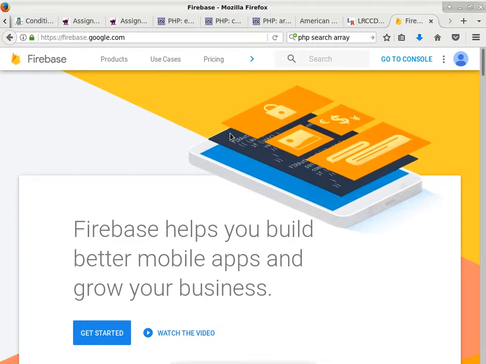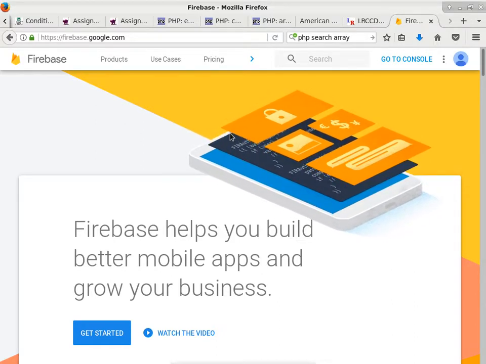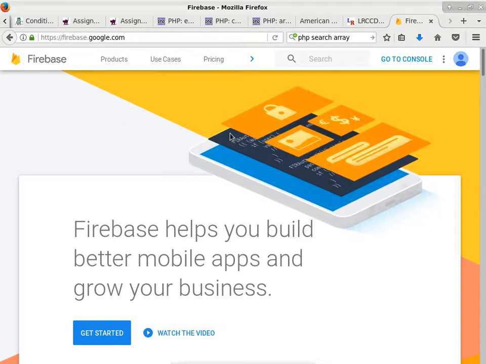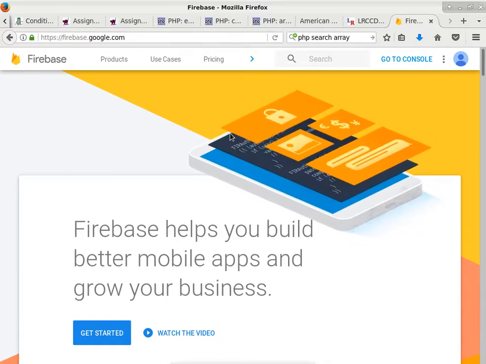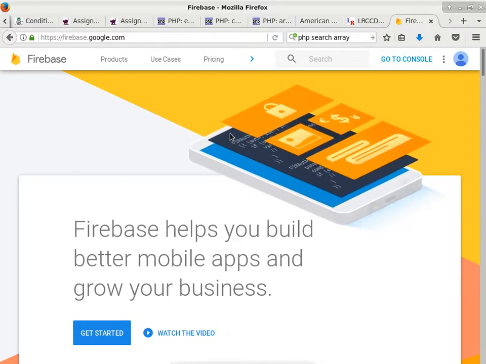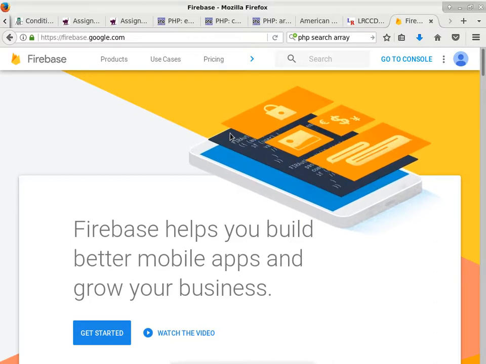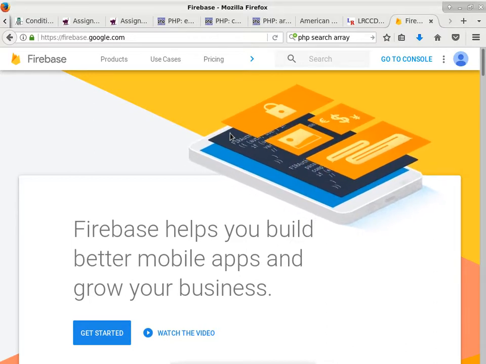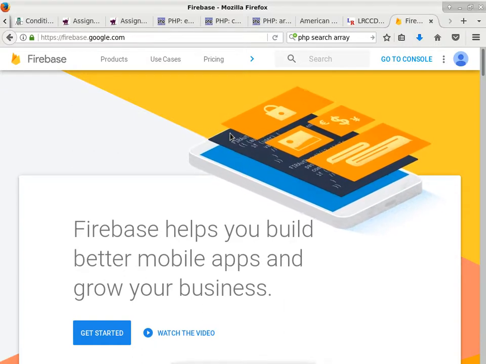So look into it. They have tons of video clips that will give you an idea of what it can do. I don't think this is the right time or the right class to really get in there and talk about Firebase programming and stuff like that. But if you watch the video, you will get a sense of what you can do with that product. Now, if Google comes up with this product and it's really useful, guess what? There'll be competitors.